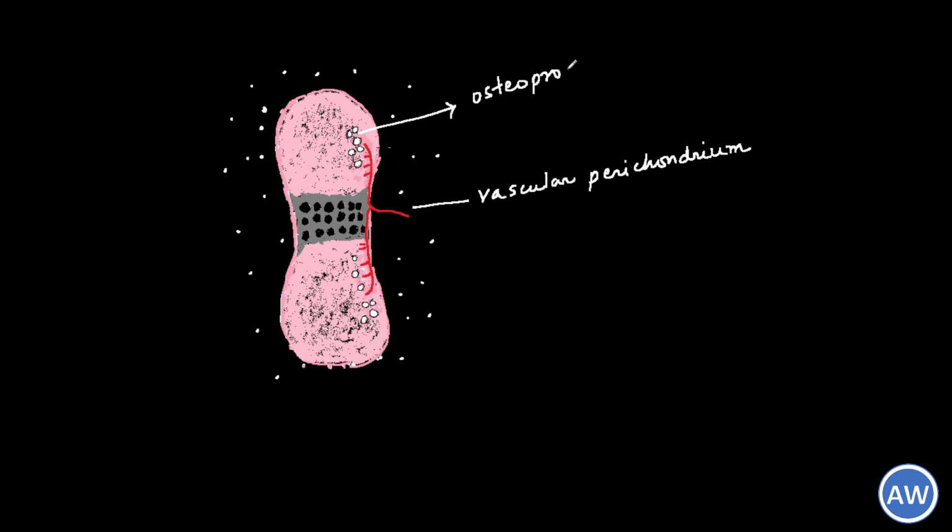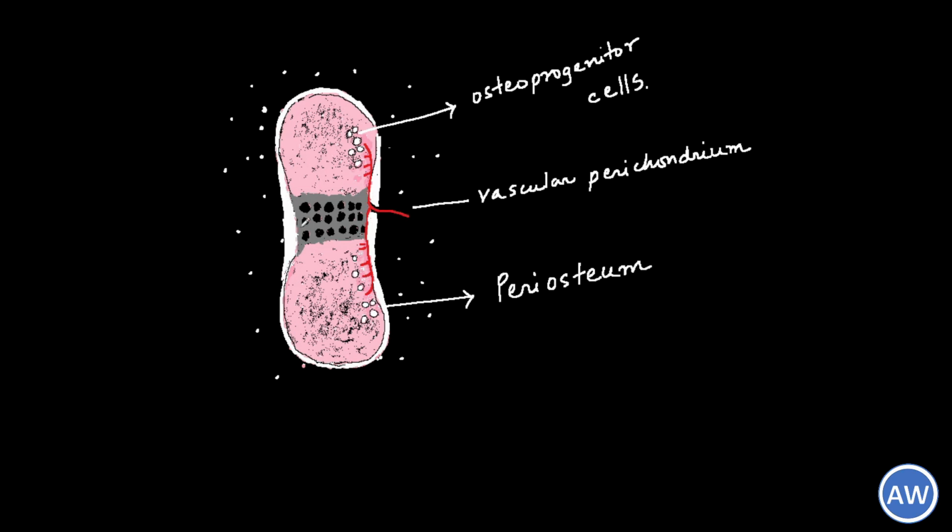At the same time, the perichondrium at the diaphysis becomes vascular and the vessels bring along with them the osteoprogenitor cells. These cells give rise to osteoblasts, and when this happens, the perichondrium can be called a periosteum. The point of entry of the vessel can be called a periosteal bud. The osteoblasts form a deposition of bony tissue around it through intramembranous ossification. This is called the bone collar.